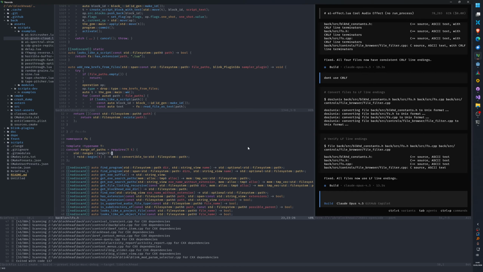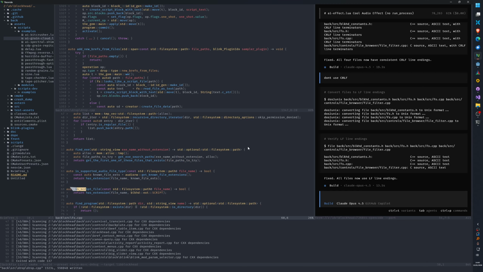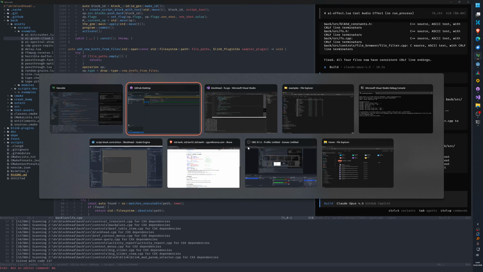Right. What was I doing? Get rid of this. Do that. Looks like a script file. Now this shouldn't be in here. But where should it be? I don't know. I mean, this file is a bit weird anyway. Oh, I'll just leave it there for now. It doesn't matter.